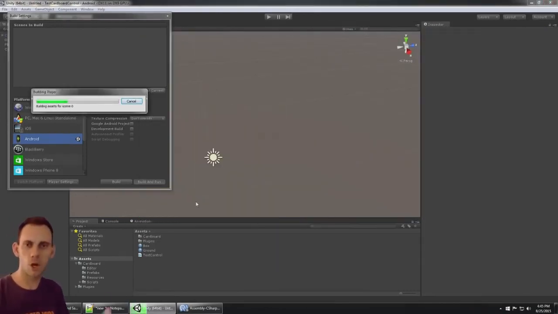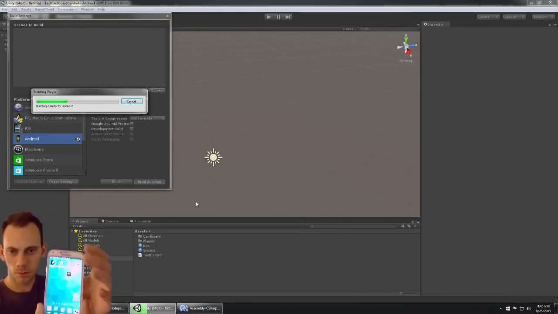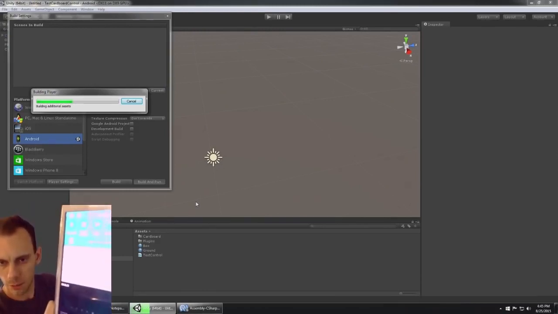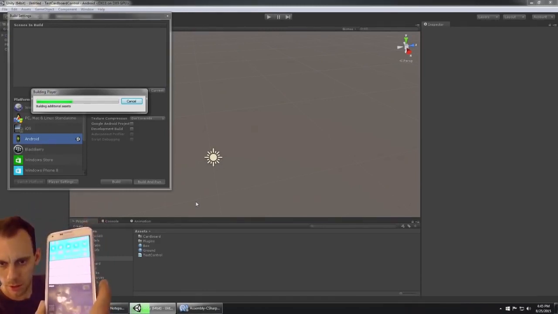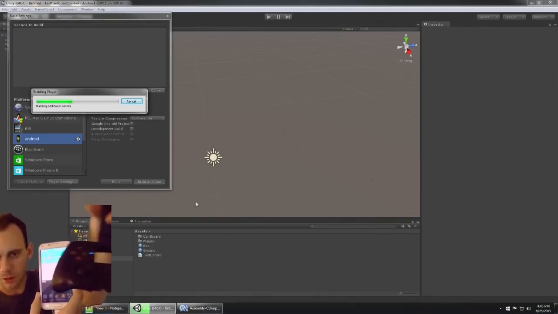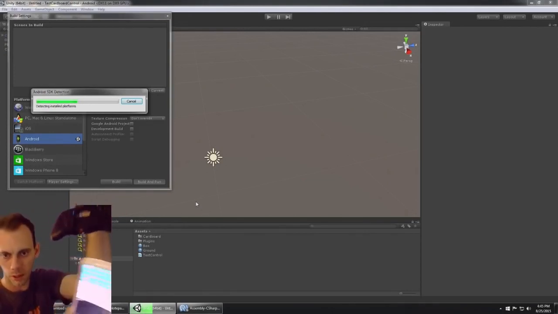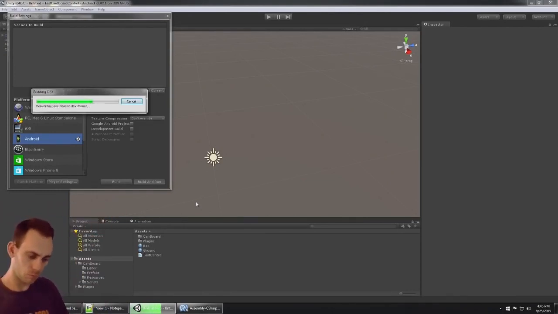So on my phone, it's probably hard to see here, but my Moga is already connected. So you'll see on my Moga controller, I have it in B mode, and it's connected to my phone. And I've told Unity to just go ahead and build this to the phone. So if everything's working, when I push my